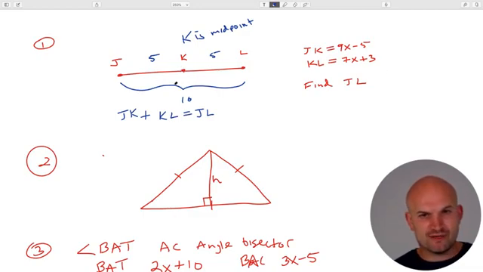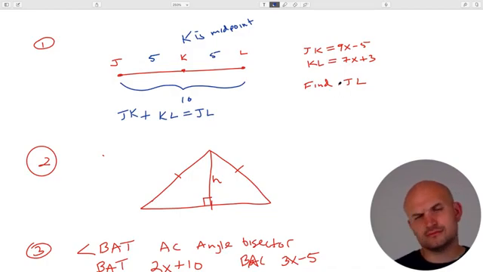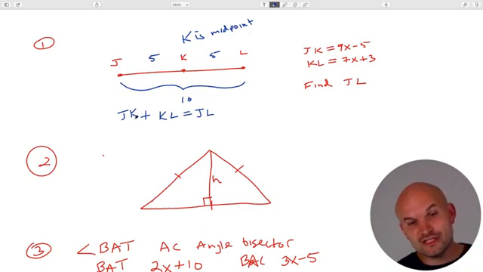Now, in our example, we don't have 10 and 5, but we actually have some expressions. So we can use this understanding, this statement that JK plus KL has to equal JL. And that's what we want to figure out, what exactly is JL. So let's add those two together. What am I thinking? No, okay, yeah. Not only does JK plus KL equal JL, but also